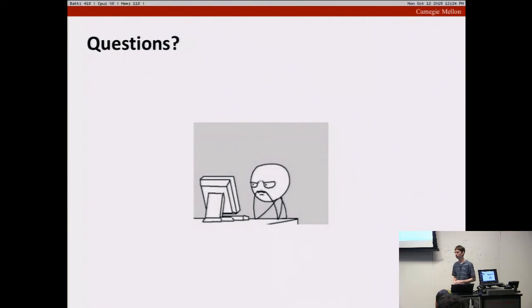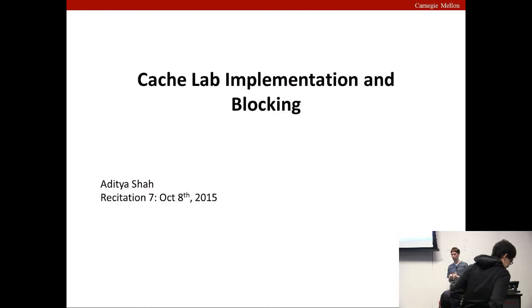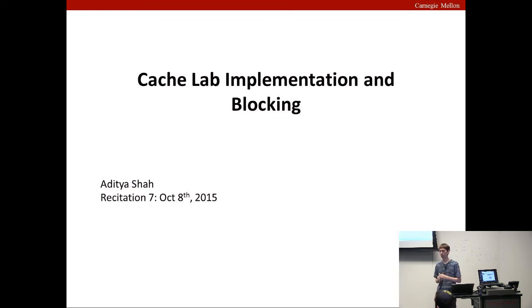Yes? I use getline to read the input. For some reason, the Sharp machine has an older version of GLibC and it requires us to define the GNU source at the top of our file. Is that acceptable, or should we just use fgets instead? What would you be using this for? Just to grab lines from the input file. You should be able to just do that with